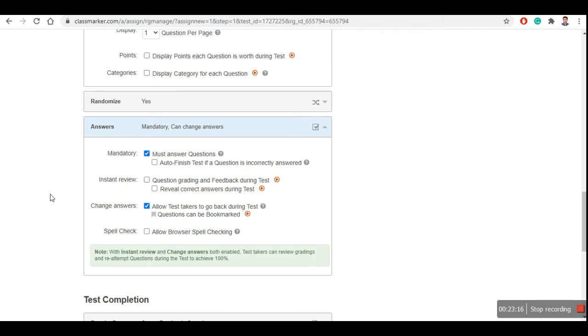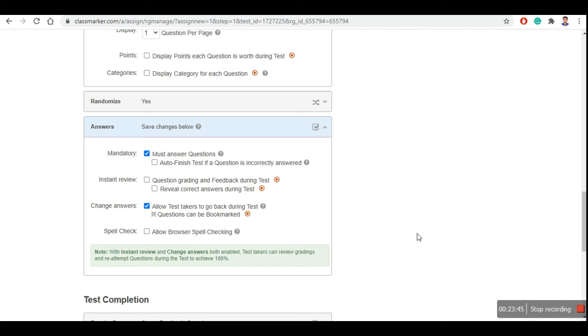So if you are unticking it, then students will not be able to go back. They can answer some question and then they will move forward with some other question. So whatever answer they have given for the previous question, they cannot change. So in that case, it is completely your choice, whether you want to allow them to go back during test, or you don't want to do the same thing, right?